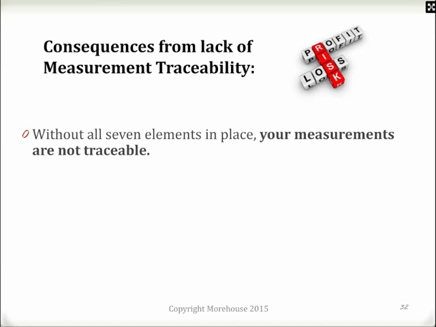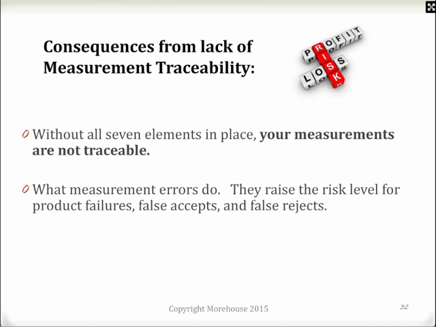People say, hey, it's traceable to NIST. I bought a torque wrench on eBay that said it's 0.4%. Actually, it said it was 4% and said it was NIST traceable. I got a little piece of paper that said it was. No statement of measurement uncertainty, nothing else, no going back to the company, no certificate, scope of accreditation, none of this. So all 7 elements need to be in place. Generally, an accreditation body is going to come out and audit to make sure all of those 7 elements are in place.